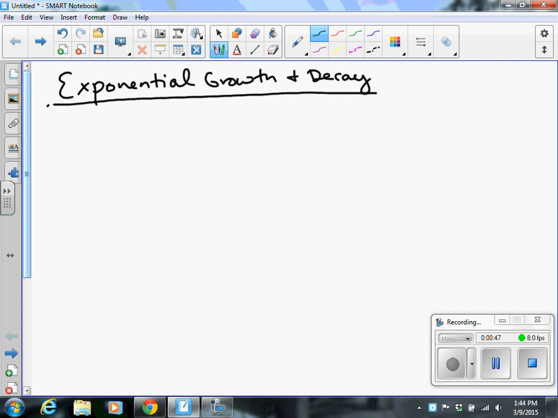It was A equals P times e to the power of rt. And it's similar. This is more of a generic form of it. So by that I mean we have y equals n e to the power of kt. Y is the final amount. So if we're comparing it to A equals P e to the rt,